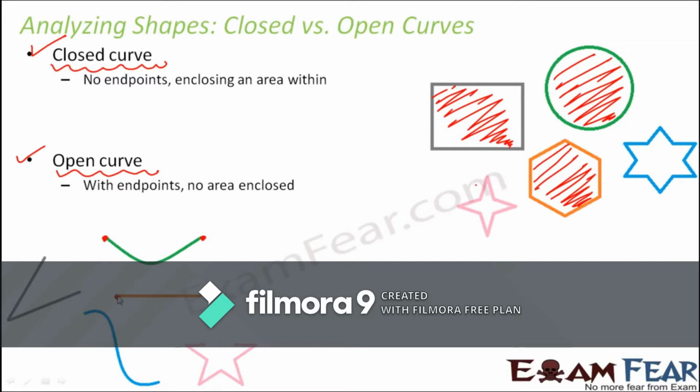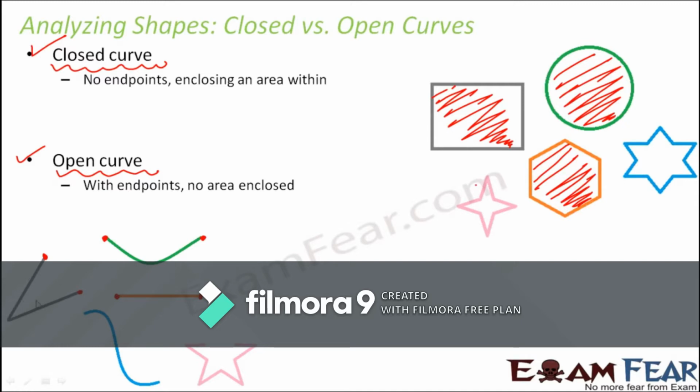Similarly, you look at this line segment. Here also you have two distinct points from where it started and from where it ended. Look at this angle. Here also, even though the shape is haphazard, not a straight line or a straight curve, you still have two end points. Now here, do you think that there is any area enclosed within this curve? No. When you draw a line, there is no area enclosed by the line. So everything on either side of the line is free and open. So the line doesn't enclose any area.